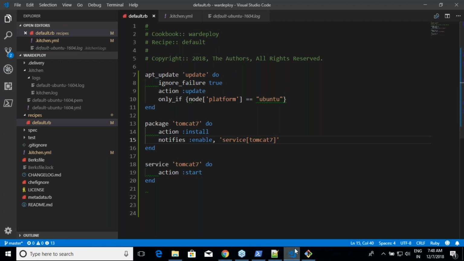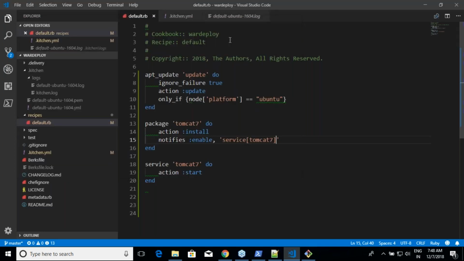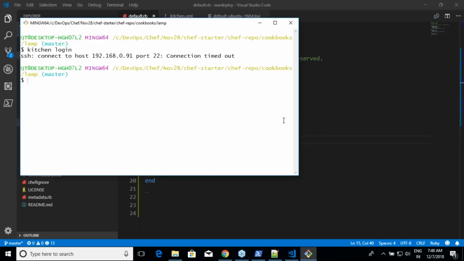Okay. Let us see whether we have logged in successfully or not. 22 port. Oh, strange. Okay. But if you look at the logs, you will see some place where it has created the PEM file. Pardon me? समझा नहीं मैं. अच्छा अच्छा अच्छा, मैं लैम्प के पास में हूँ.